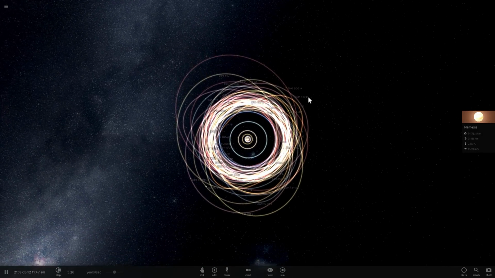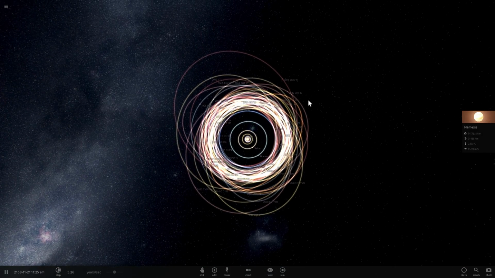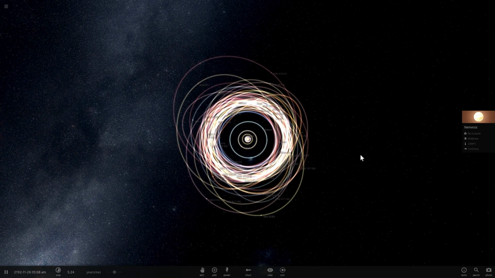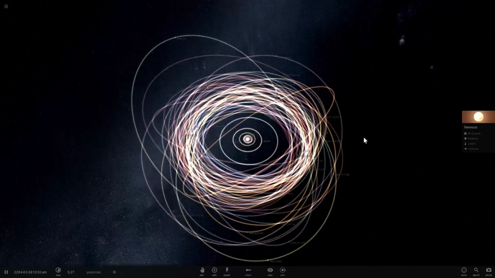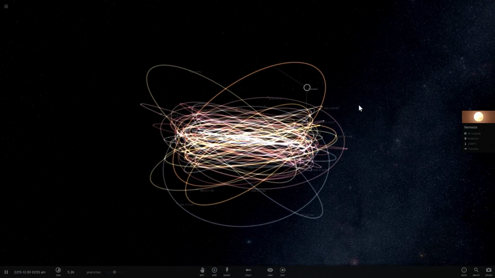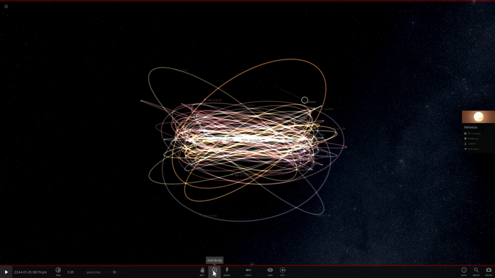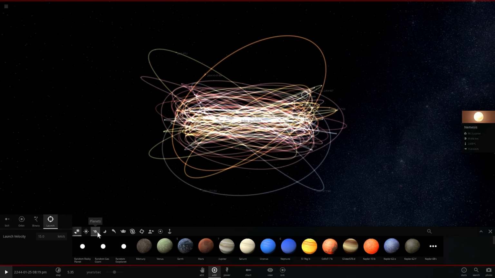And after this first passage, this is what happened. So some of the orbits became more elliptical, and, well, to be honest, not enough for me to actually be proud of what I just achieved. So I'm going to try this one more time, but this time launch it just a little bit closer. This was actually about 150-ish astronomical units away. We're going to launch it just a little bit closer and see what happens again.